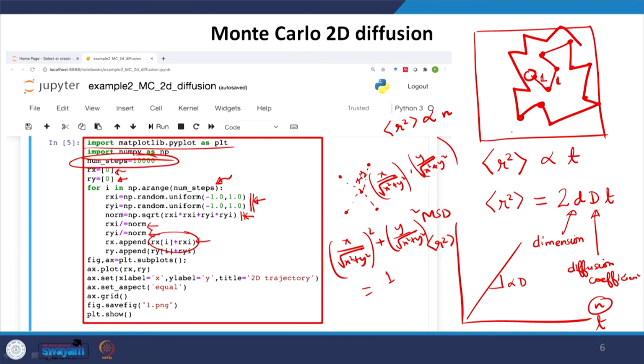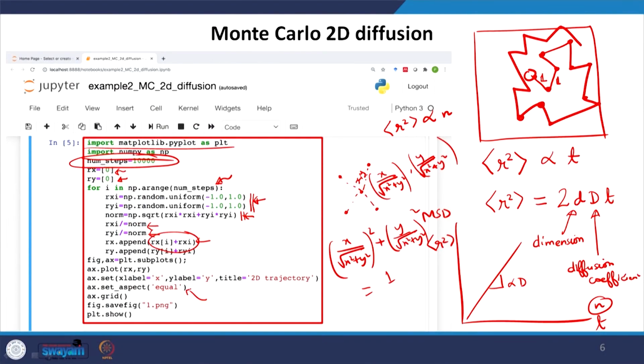So, if you remember, this is going to be a Markov process. The position at any point depends on the previous point, so I simply add whatever step I have to the previous coordinates. And now, I go ahead and want to plot the trajectory of the system. These are very standard plotting commands. I will do a plot of the x and y coordinates as they are moving with time.